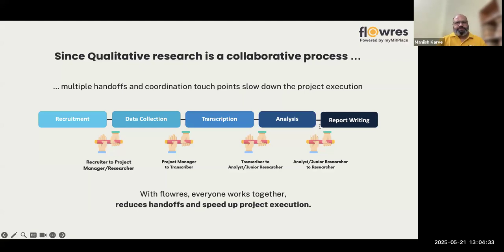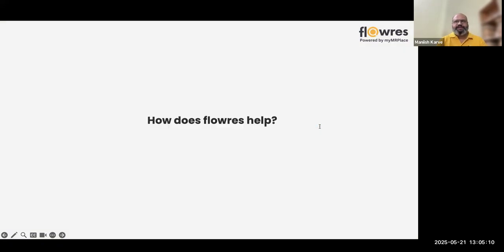And finally, we all know, right? Obviously you love Zoom, your participants love Zoom, and all that is fine, but the qual research workflow itself involves multiple handoffs between the recruiter, the project manager, the transcribers, the analysts, and researchers. And that's a lot of coordination overhead, and your inboxes are testimony to the amount of coordination that you end up doing, right? So what I tried to do with these two or three slides was establish that there is still a problem that we are facing in qualitative research in some shape and form, and I would love to tell you how Flowres helps in addressing those issues, right?